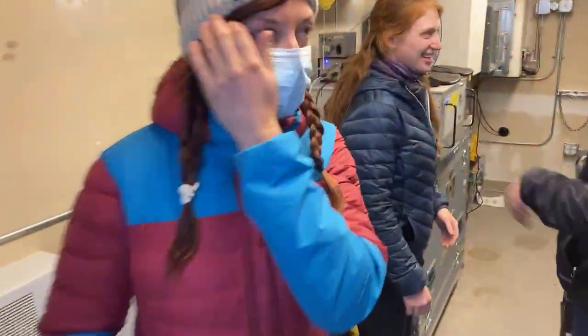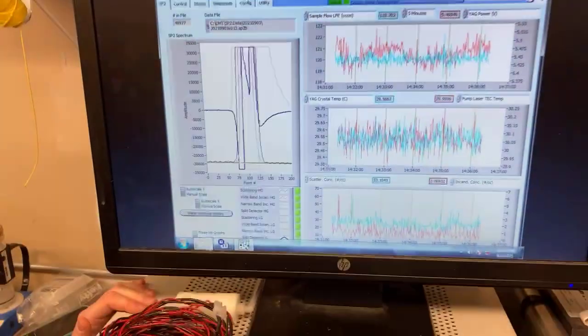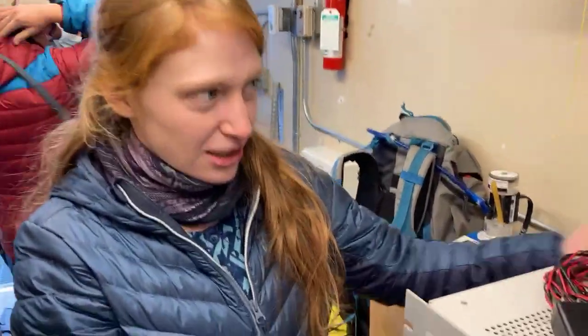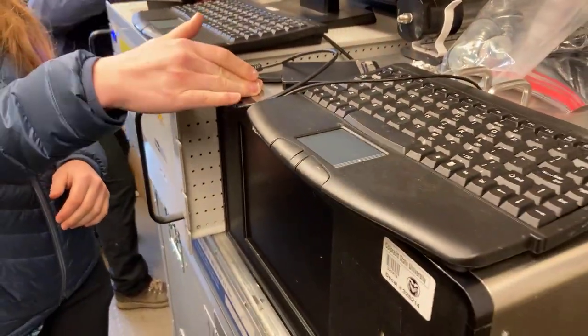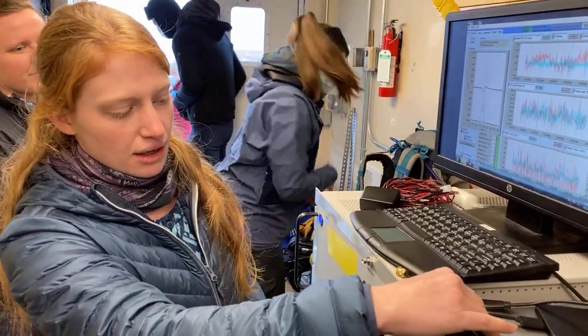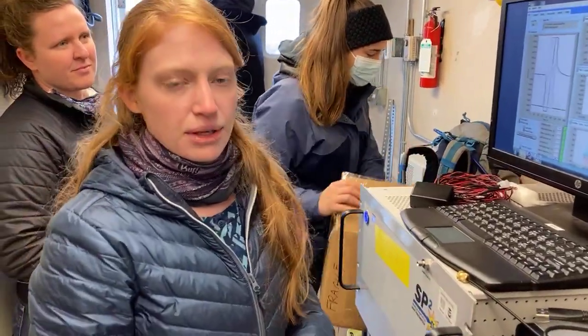Okay, let's try again. Okay, let's see if we can keep the signal here. So these are two of the main instruments that are going into our eddy covariance flux system. This is our SP2, our single particle spectrometer, so it'll measure our black carbon. And then this is the ultra high sensitivity aerosol spectrometer, and it will give us number concentration and size distribution of aerosols. So we'll get size dependent flux and